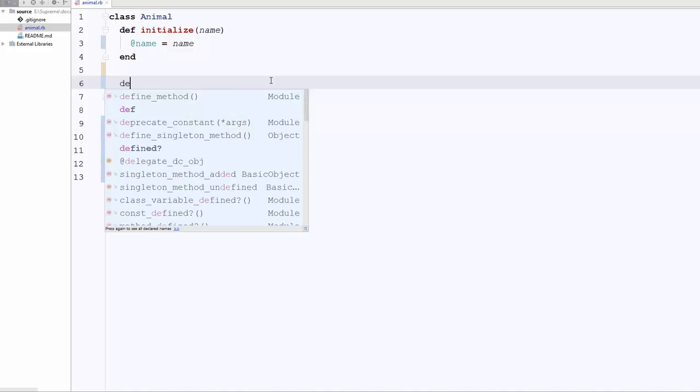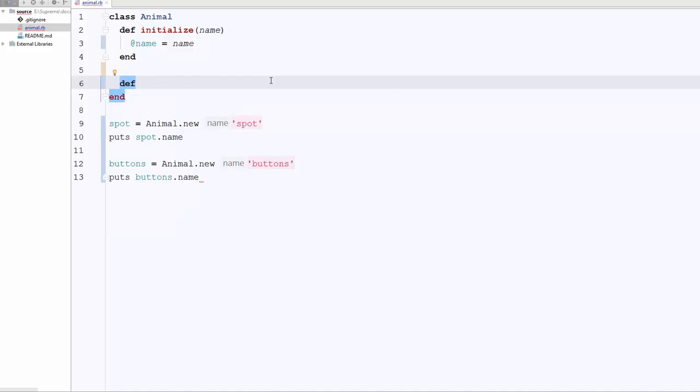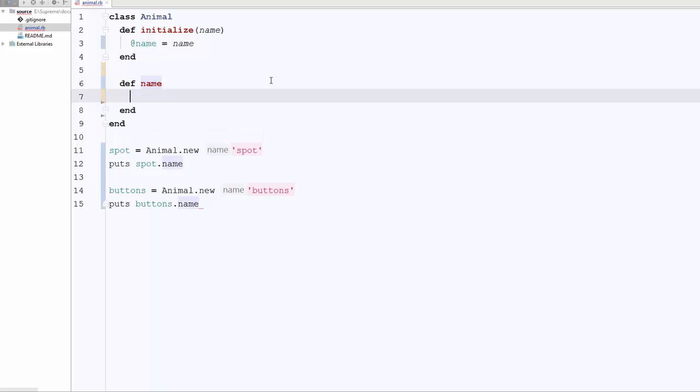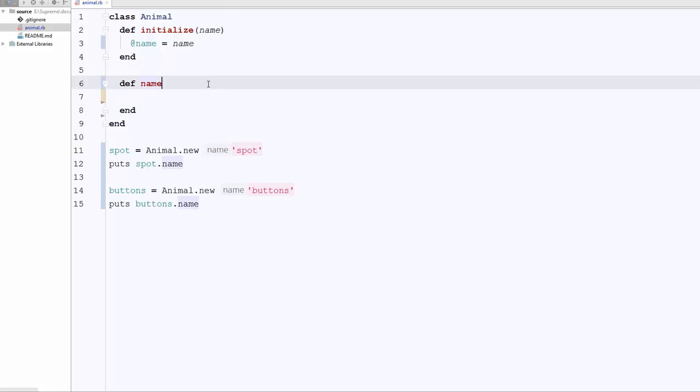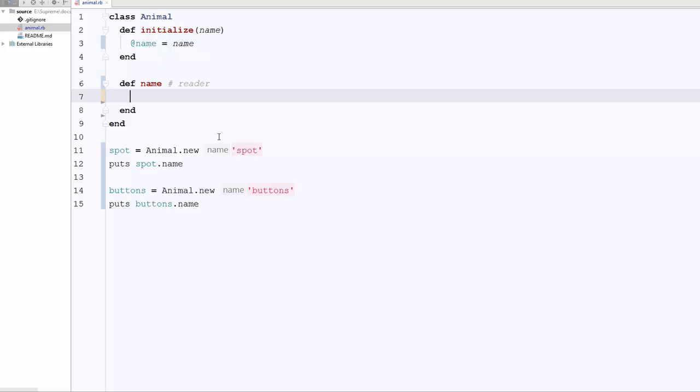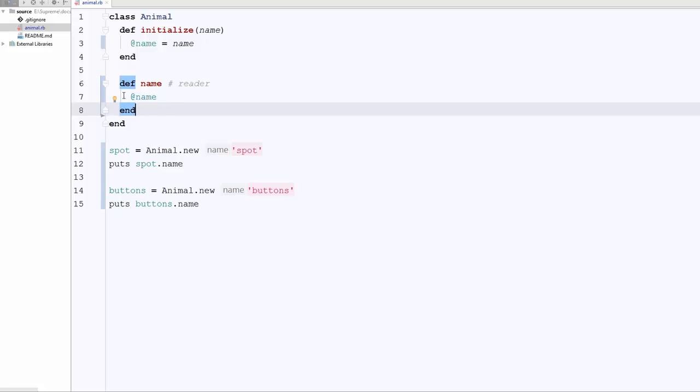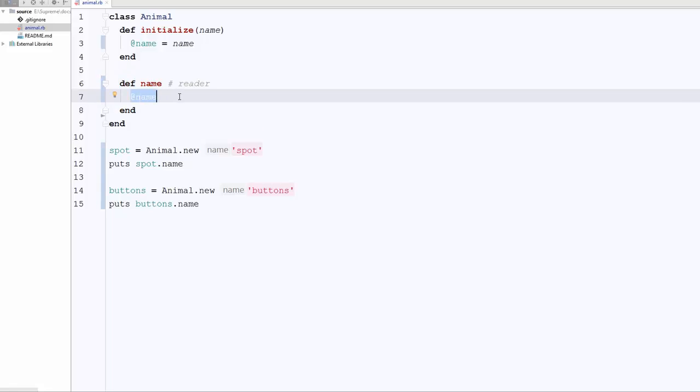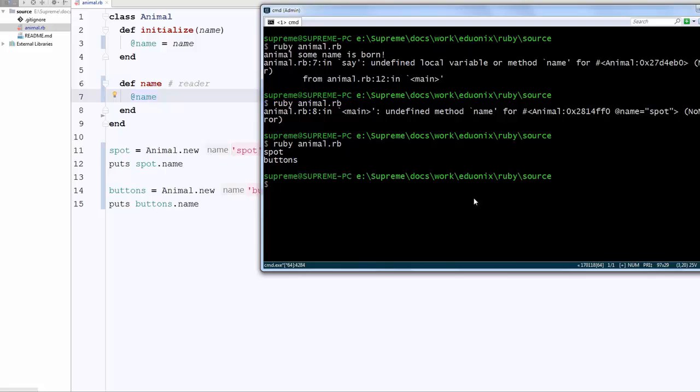And to do that we need to create a special method that is called a reader, and this method has the same name as the instance variable that we wish to read. So that's a reader that returns the name of this animal. And so you either can say return or you can omit this return word, because this name is returned implicitly. So now that you have created this reader, you can safely go ahead and run this code,